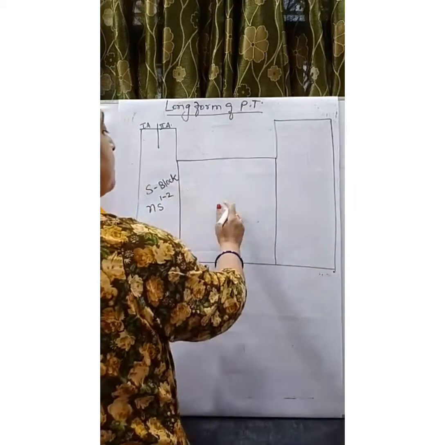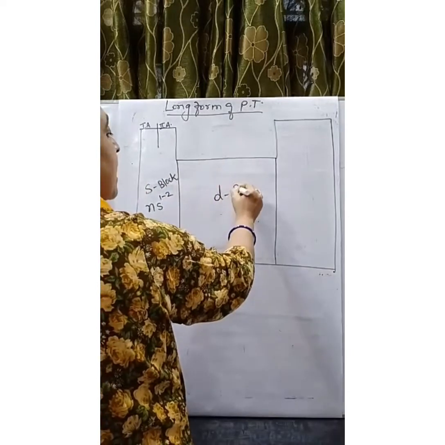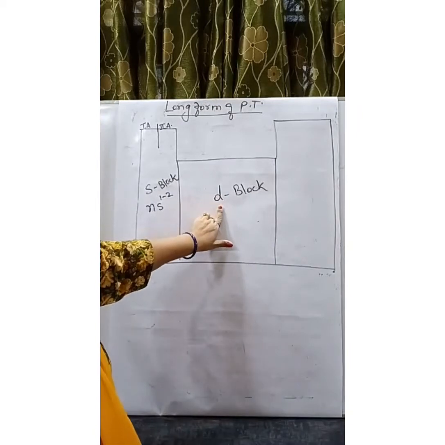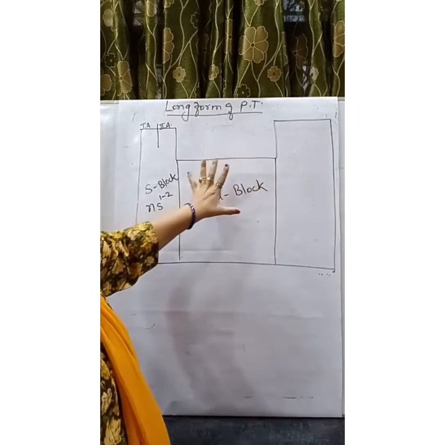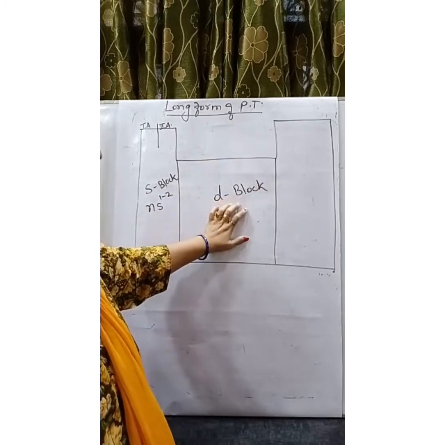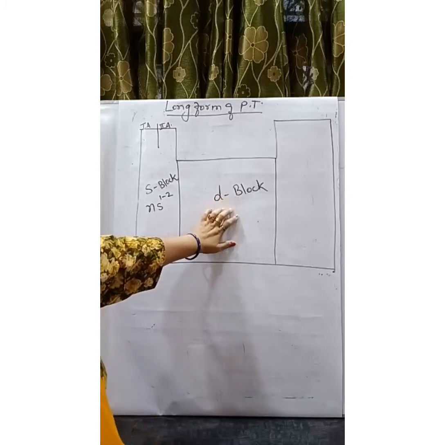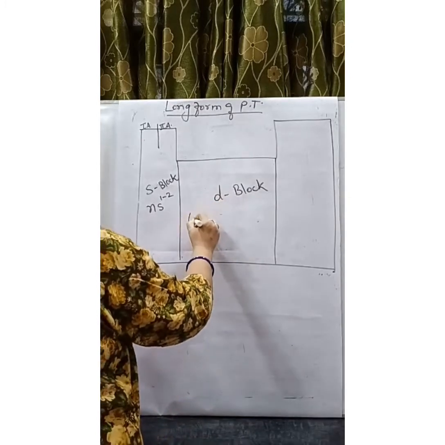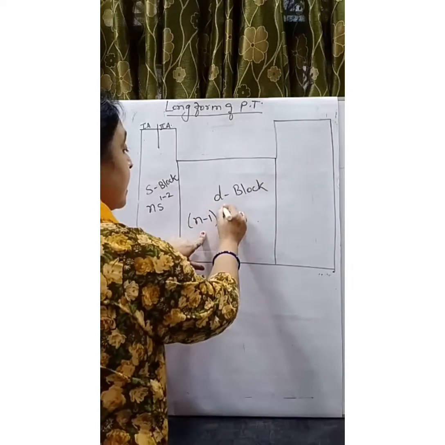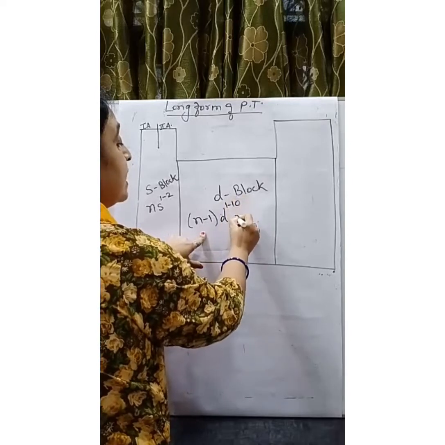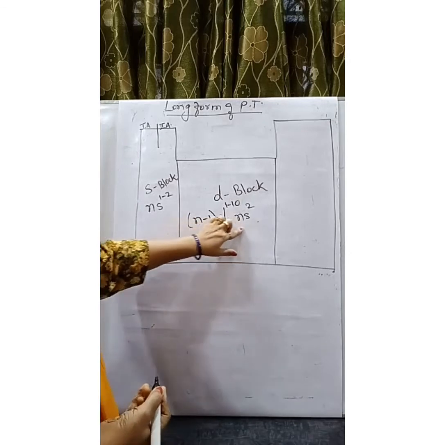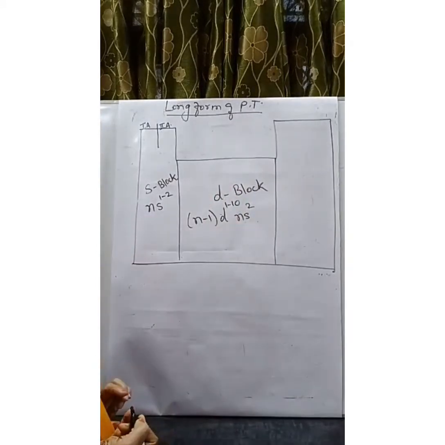The center of the periodic table is referred to as the d block, as the last electron enters into the d orbital. So all these elements have the electronic configuration in which the last electron enters into the d orbital. The general electronic configuration of the d block is (n-1)d1 to 10 ns2.